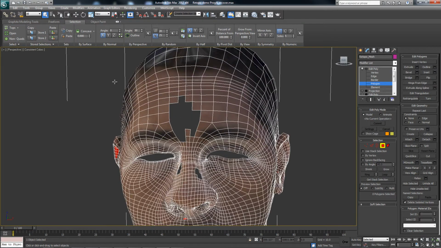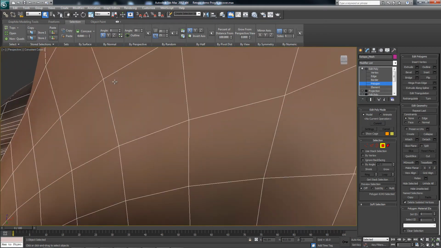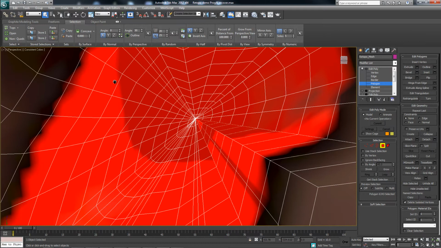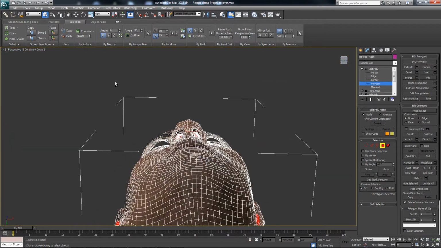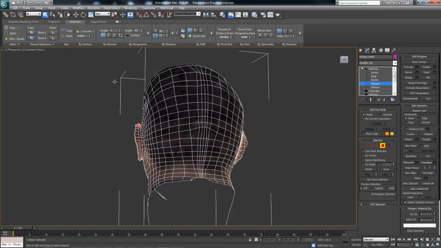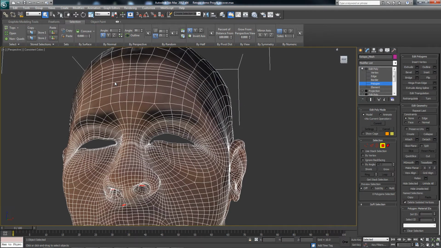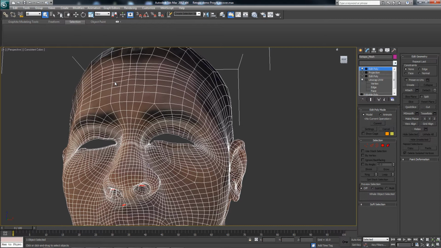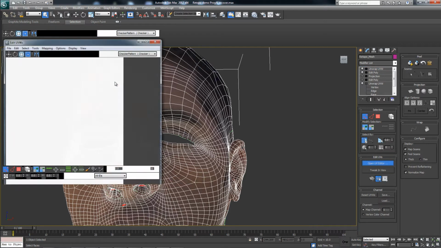And deleted the top of the head, so let's see if we can fix that up a bit. And then we'll just deselect these guys. Cool. So with that, we'll hit delete. Hopefully that error is clean, and then now we just need to fix up our UVs. So I'm just going to make a new unwrap UVW modifier here,